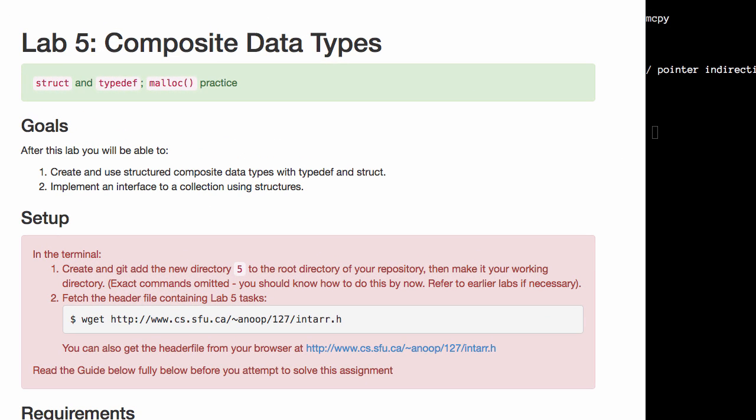Welcome to Lab 5. In Lab 5 we're going to cover composite data types, and by composite data types we generally mean things that combine together lots of things into one package. So in particular we're going to look at a new concept called a struct and how we can create new types that are all the various types you've seen so far but packaged together into one structure, in which we